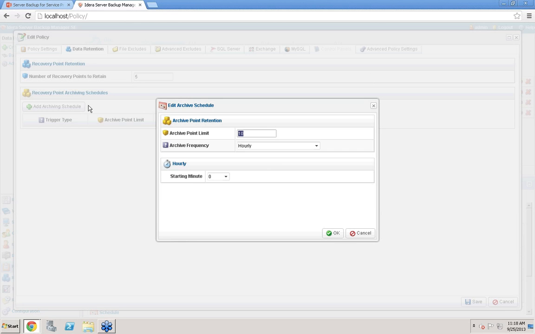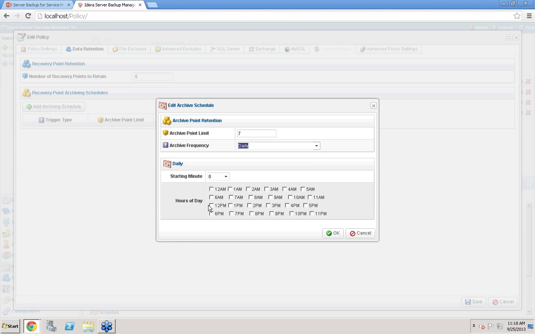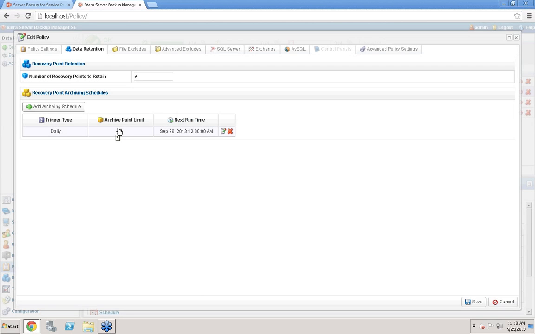We can use the archiving feature to achieve that. So here's my 7 days. I just simply put in the 7 there for the archive point limit. I set this to daily, and I want to just back up that daily at 12 a.m., right there, 0 minutes on the hour. Add that, and that's going to be